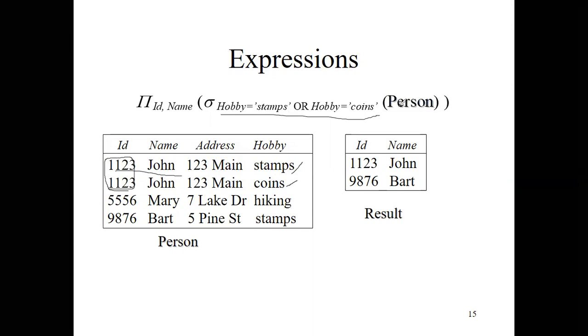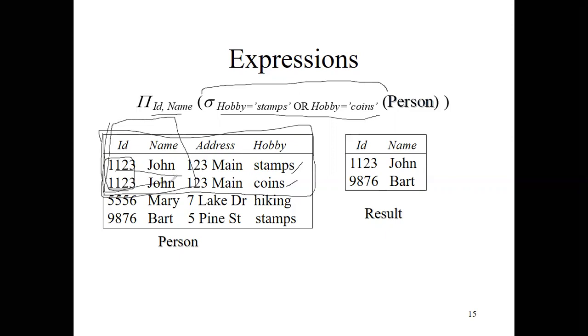I put this condition on the relation called person. So what happens here? I'll get the intermediate result like this. This is the person relation, so I'll get the intermediate relation like this. But I actually have to fetch only the ID and the name, right? So I apply the project operation on the result of this selection operation. When I apply the project operation, I'm selecting only the ID and name attributes.